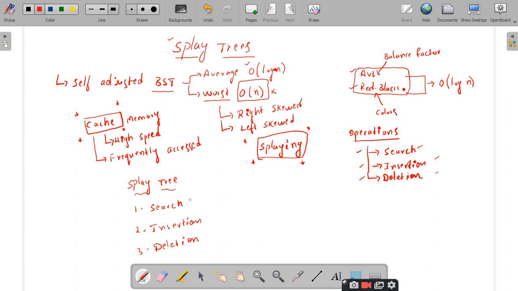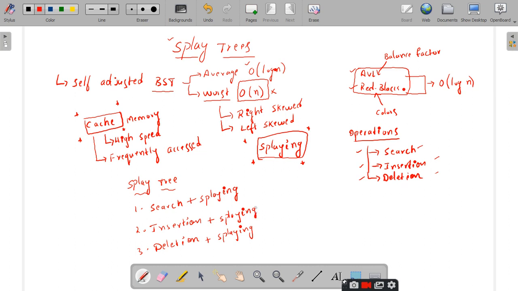The search should be succeeded with another operation which is called splaying. So after searching, you have to do the splaying. Similarly, insertion is followed by splaying. Similarly, deletion is followed by splaying.